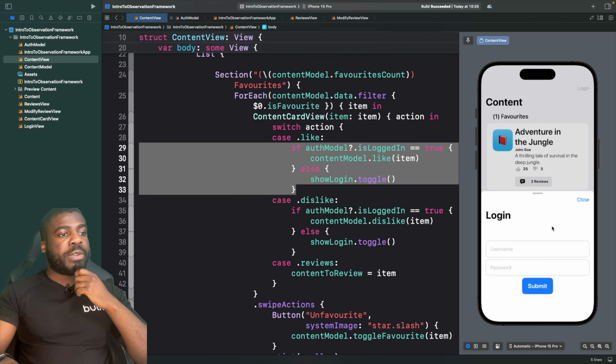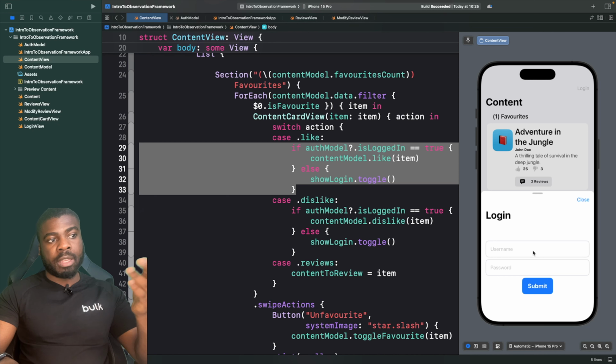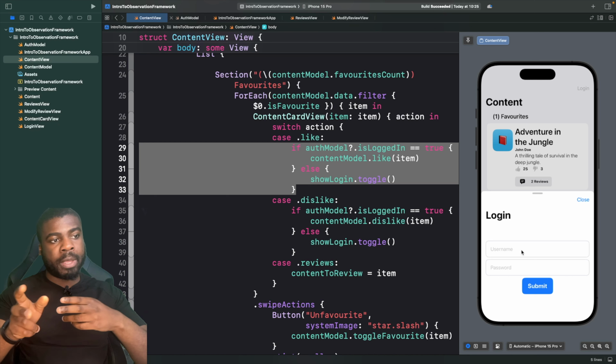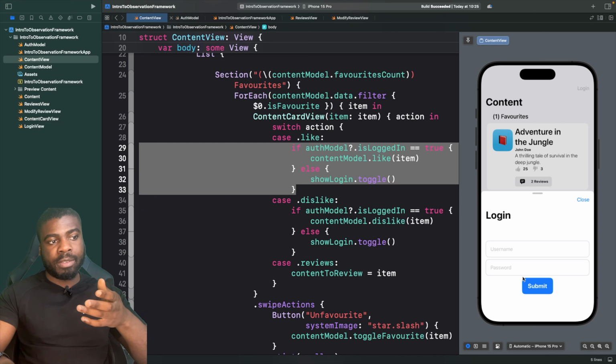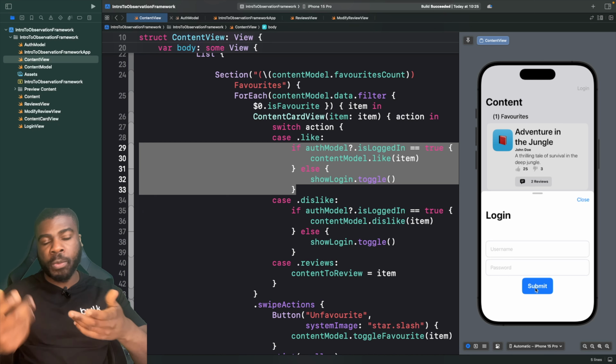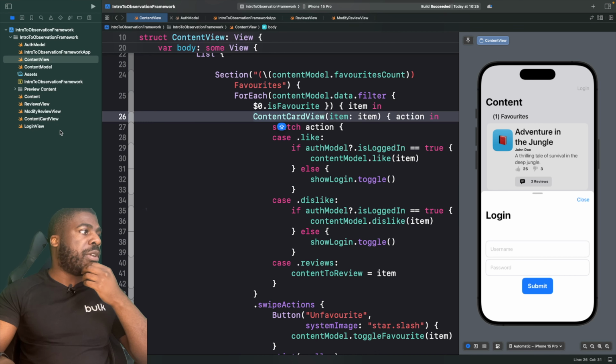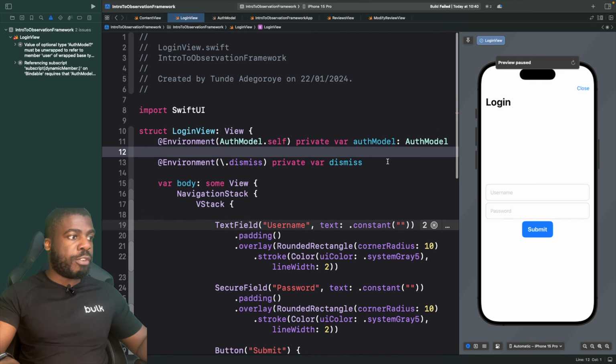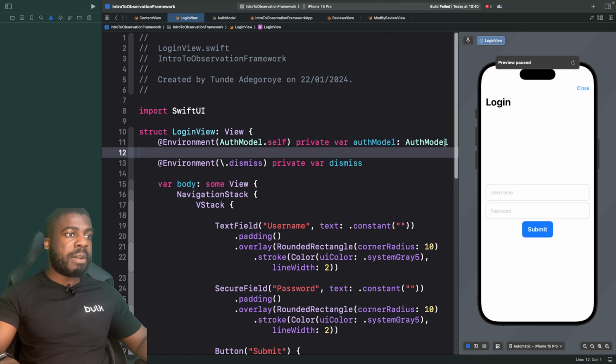log in. What we want to do now is actually just simulate our login, because right now this view doesn't do anything. So I want to just have it where it binds to our properties in our models, and then if you hit submit, it'll just log you in. So back in our login view, we'll add in our auth model like so. And I'm not going to mark this one